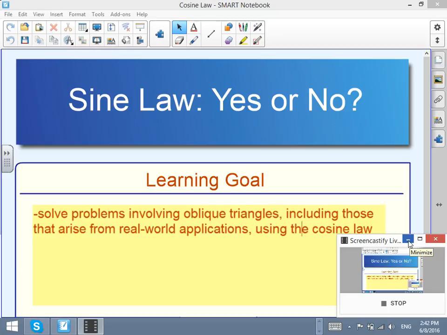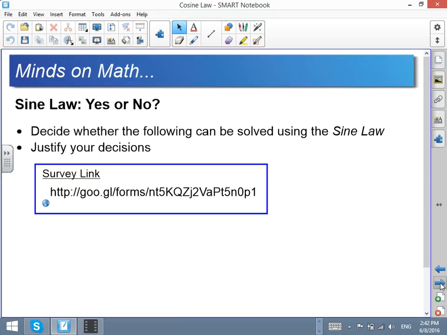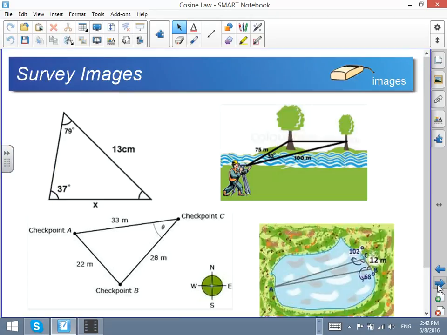Hey everybody, and welcome to the screencast on not the sine law, but rather what's called the cosine law. A couple of days ago, you went through and thought about a survey and were shown these particular images and were asked, which of these triangles could the sine law be used